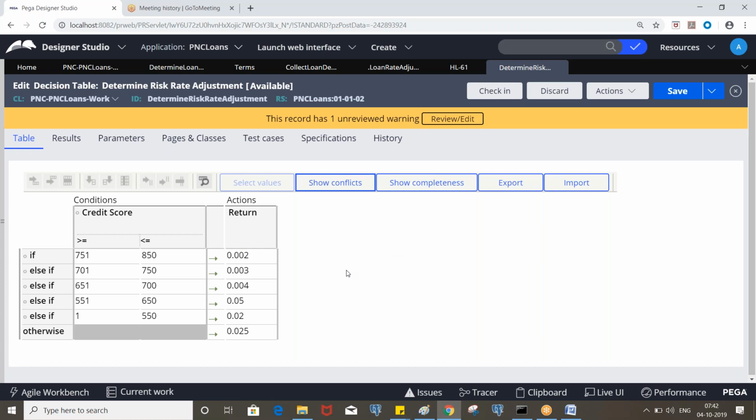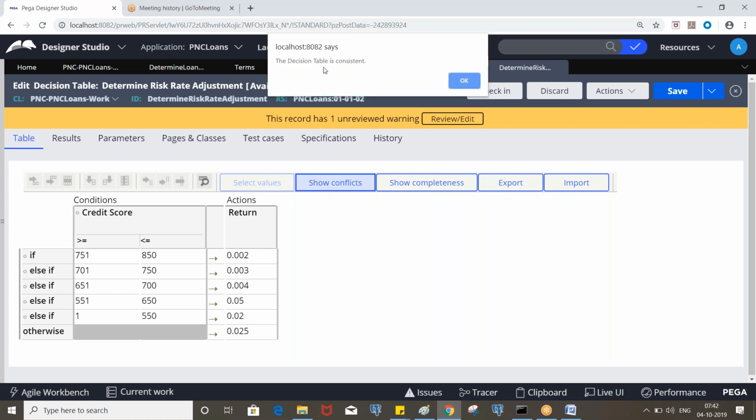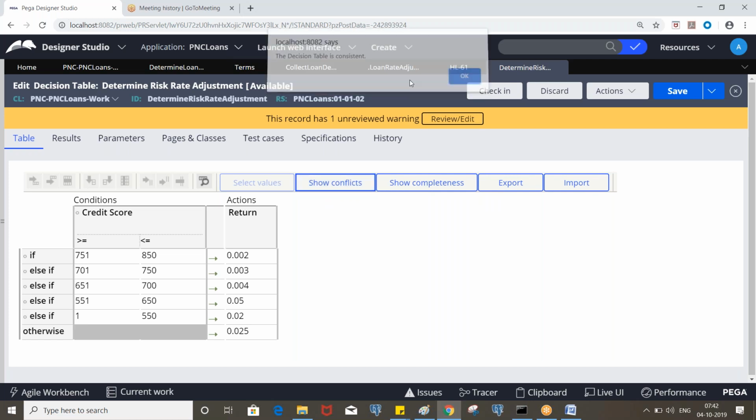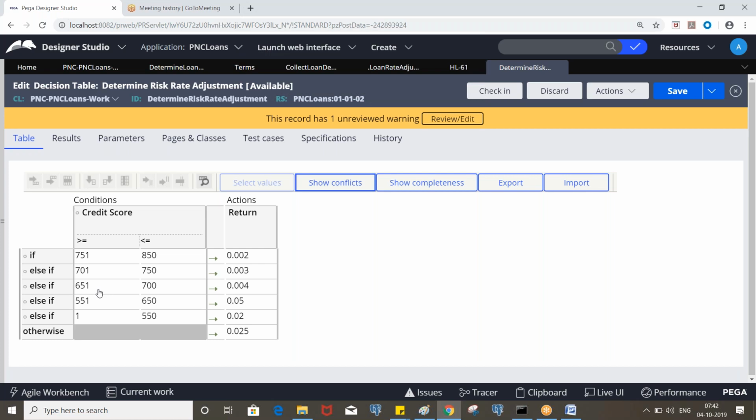Even if you enter 900, the first condition itself will be satisfied. The second condition will become inconsistent, right? So we need to check that. When you click on show conflicts, it says the decision table is consistent. If it is inconsistent, you need to look into how you specified the values. Let me show you that.